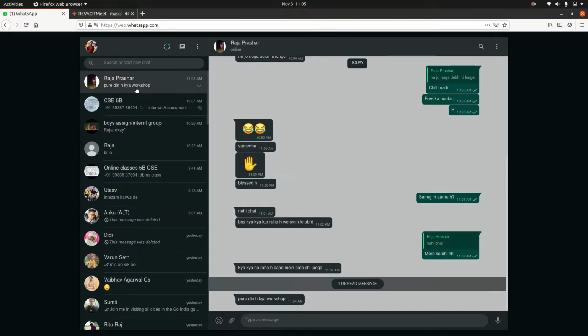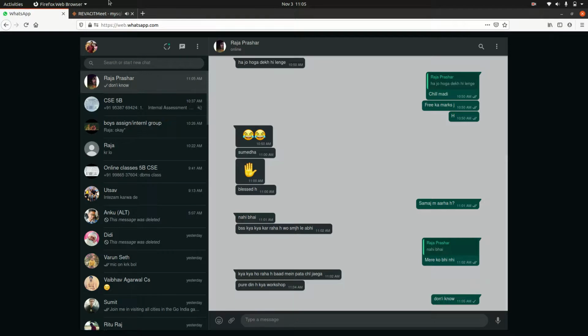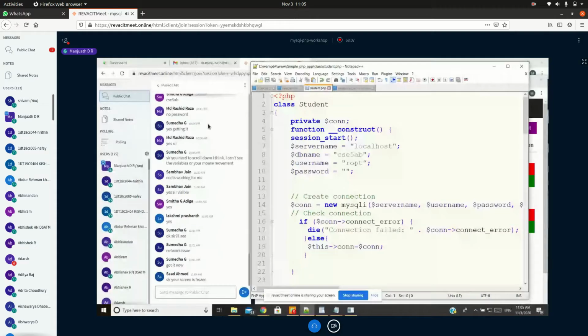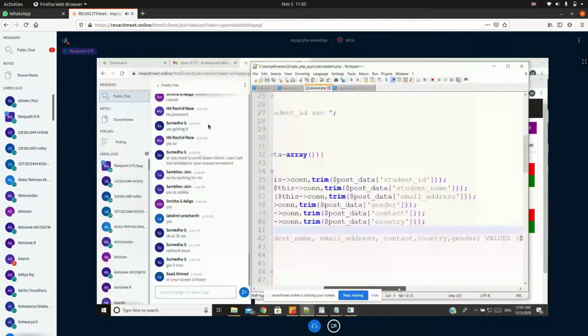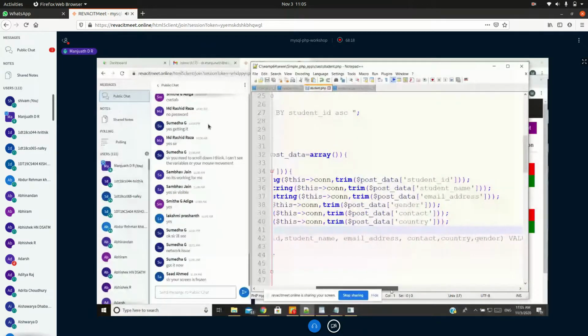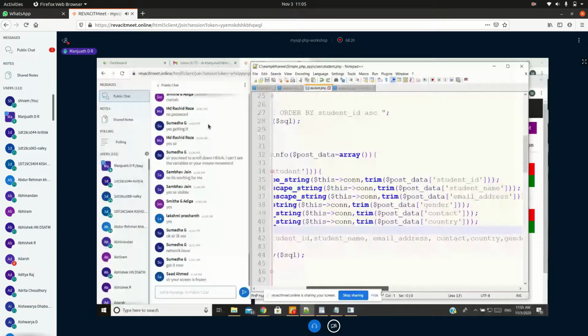Email address. What have we given there to list everything with email address, right? I think we have given email.